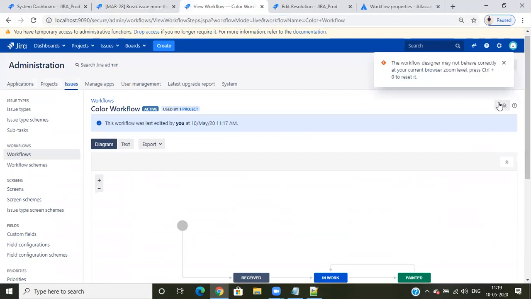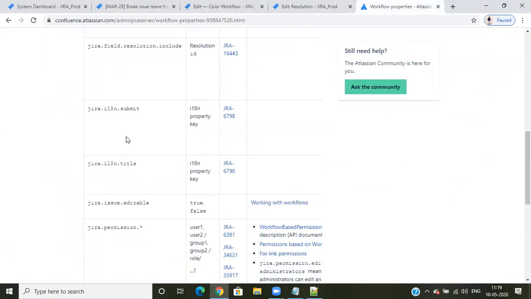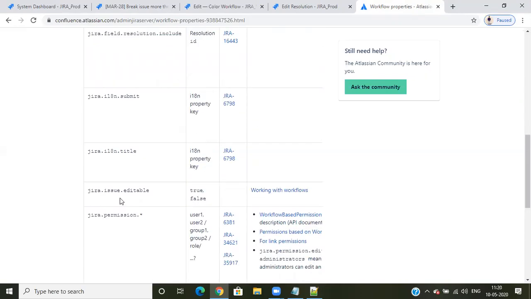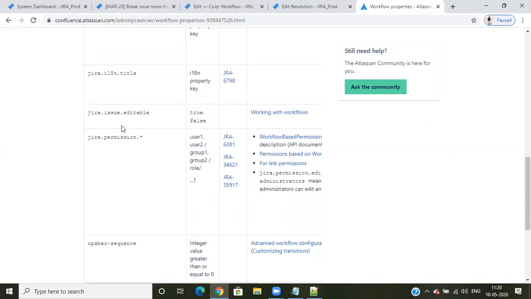condition, validator, post function, but we have some more options here. Suppose Jira submit options, the title, some editable true or false, Jira permissions things, and ops bar sequence. I'll show you something here: jira.issue.editable.